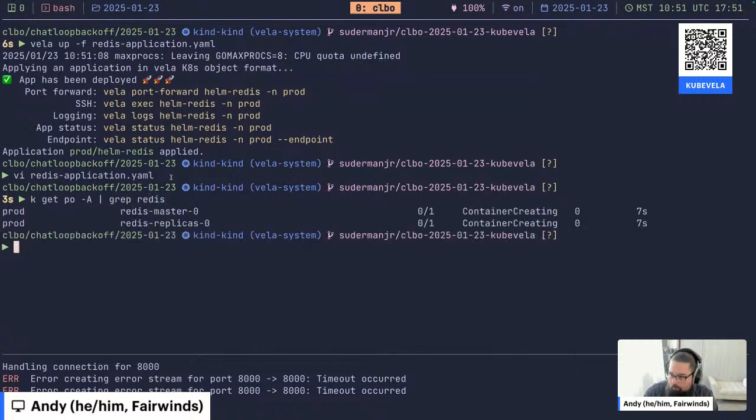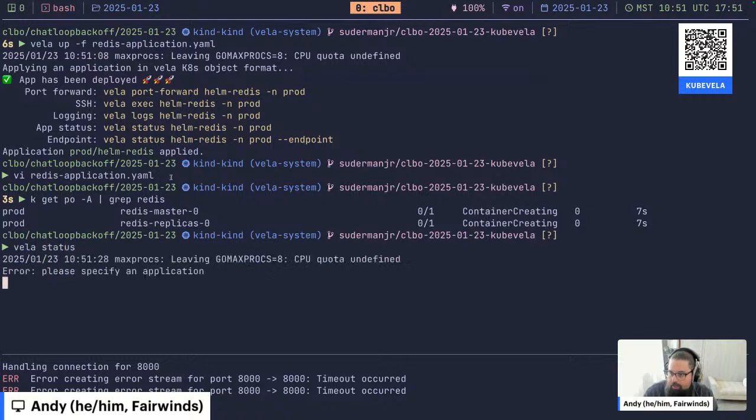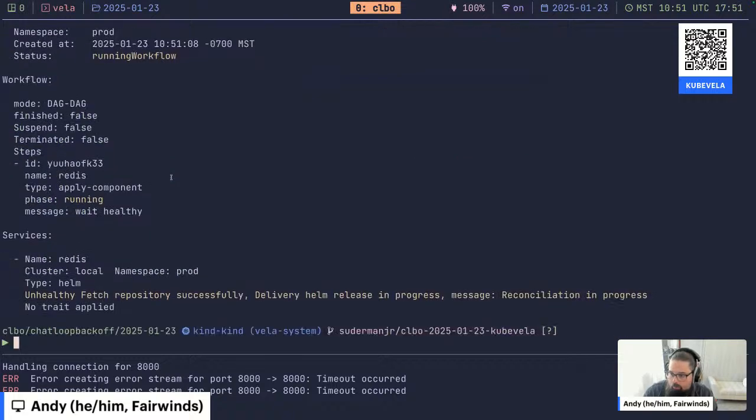Let's just look for Redis. Oh, I went to prod. Okay. So I think it was vela status. No. Oh, yeah, vela status Helm Redis. We will see